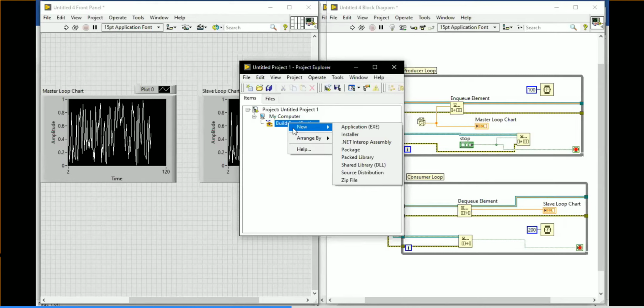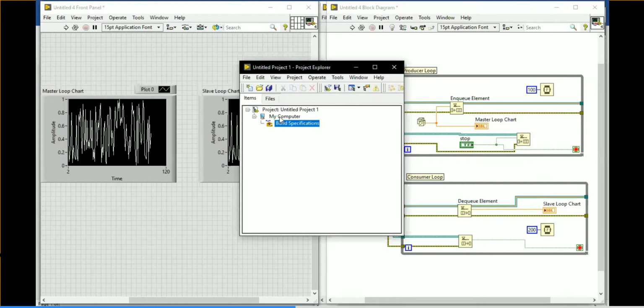Application means a normal exe file, and you can run the exe file over there. Installer means you can install the LabVIEW program like a software installation. When you run the installation, the front panel will appear, and you can interact with the front panel itself. If faculty is available, the faculty will develop the program, and students will set the input controls and indicators and get the respective output, either as a graph, chart, or scope, depending on the instance. We'll do it one by one if time is available.